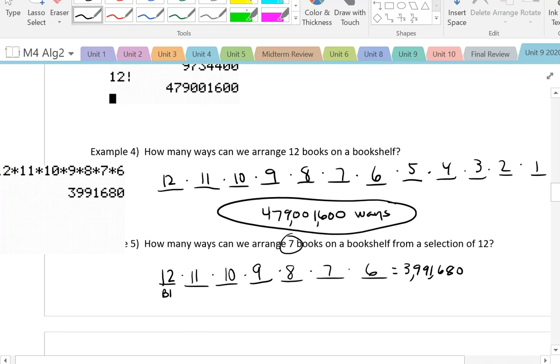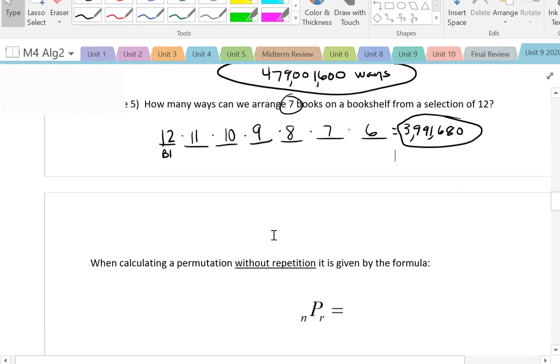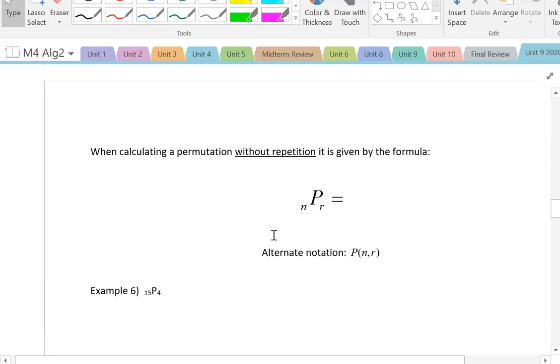3,991,680. Again, still a ton, but significantly smaller. And it's smaller because I've basically gotten rid of those. Okay, so I have a number that is 1/120th of the previous one. So calculating a permutation without repetition is given by the formula of n factorial divided by (n minus